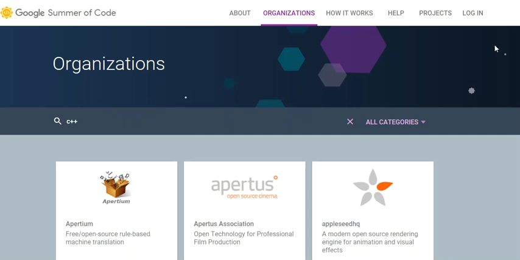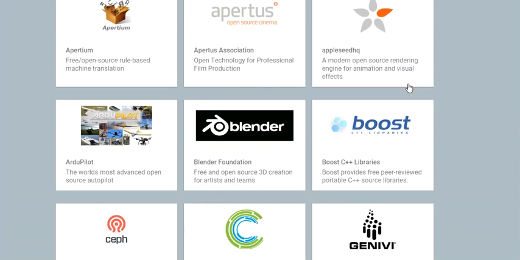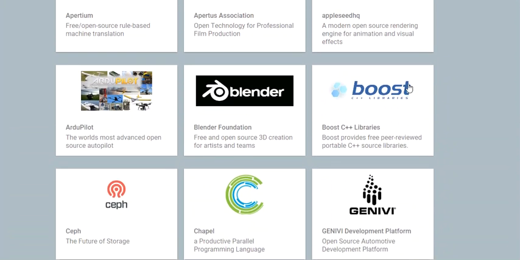Okay. So now this has given me a list of all the projects which are C++ based. Let's have a look at it. So Boost C++ libraries are one of the most famous libraries. And if you get a chance to contribute to that, I think that's amazing. Other than that, you can see there is